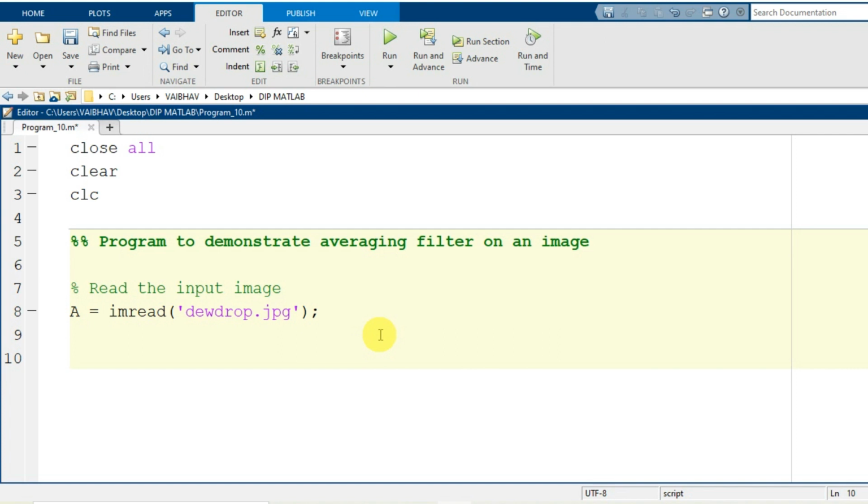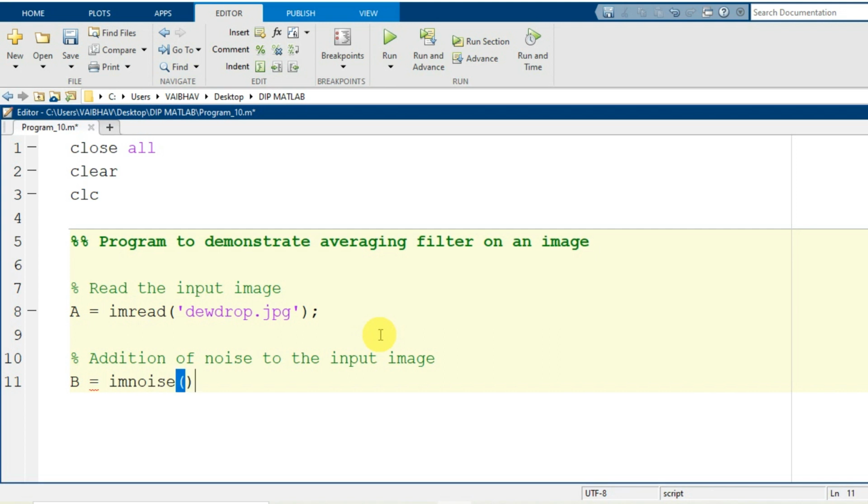For that purpose, the second module of this program will be addition of noise to the input image. After addition of noise to the original image that is held by the variable capital A, the noise affected image is capital B. For adding the noise, the MATLAB syntax in the image processing toolbox is imnoise.